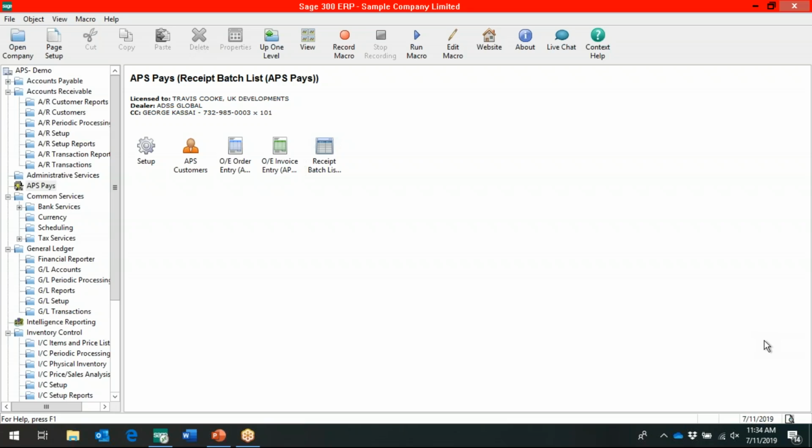Okay. Another question just came in. It's more about just a little bit uncomfortable storing clients' credit card details. They want to know how safe APS is. Yeah, so none of the credit card detail information is stored on your Sage 300 environment. It's all stored within the APS gateway environment. So it's all held on our own servers, which are cloud-based encrypted bank-level security. So you as the organization have no real liability in maintaining credit cards.